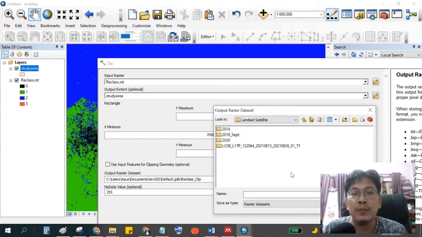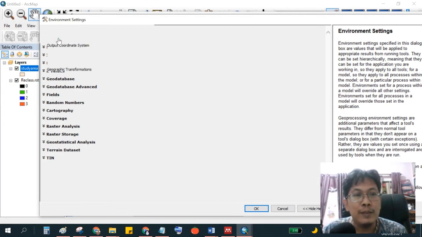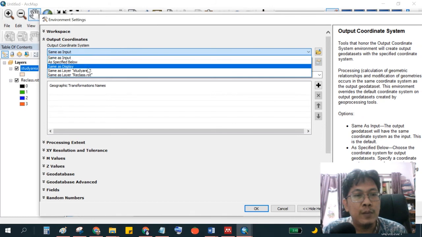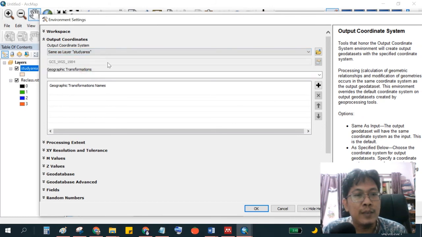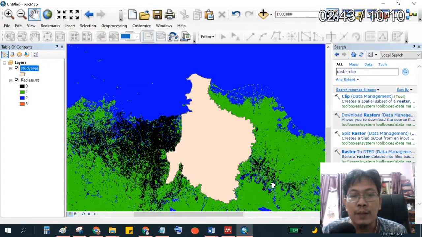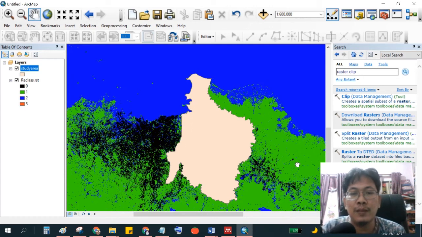There is an additional option if you want to clip exactly with the study area, but I think it's not useful here, because in Idrisi we have a rectangle area, not exactly similar to the polygon of the study area.